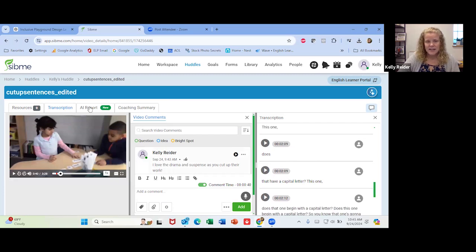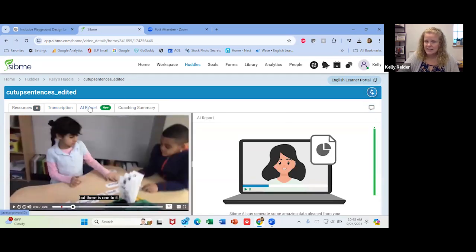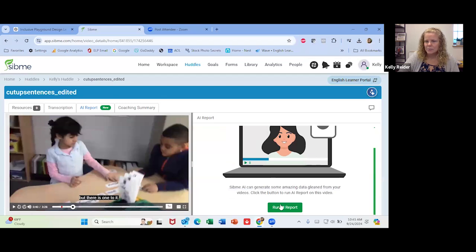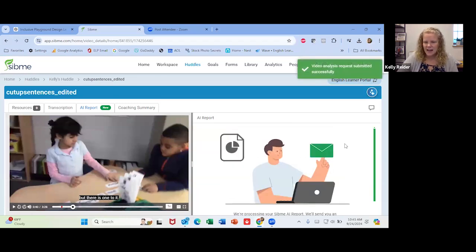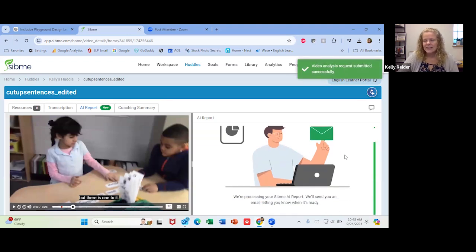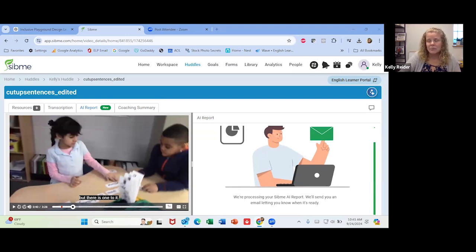The other fantastic feature that I love is this AI report. I say run AI report, and I very quickly get a report that tells me all kinds of things about this lesson that would be topics or points for us to discuss in our coaching conference.